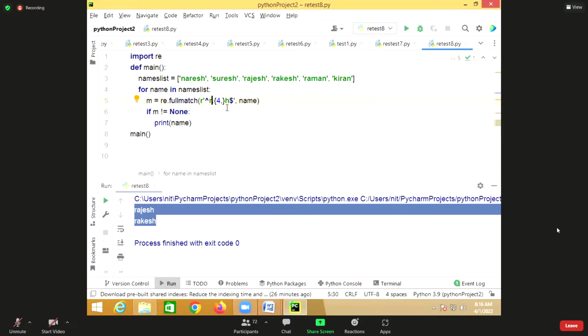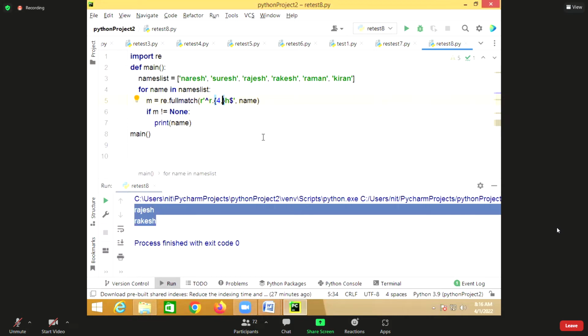So minimum characters is 4 and maximum characters are any number. R followed by how many characters? Minimum 4 characters. But maximum, how many characters?